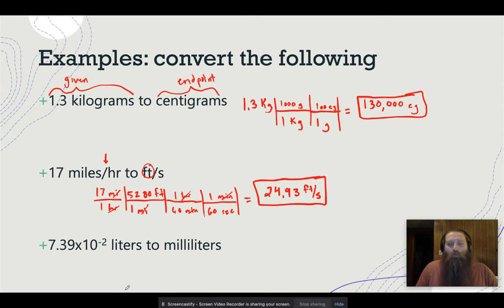Well, there's actually two ways you can approach this problem. You can do it like we did just in these last two examples, write it down, punch in your calculator with the scientific notation. You can also take it out of scientific notation if it's easy to do that. In this case, it is. We would just say